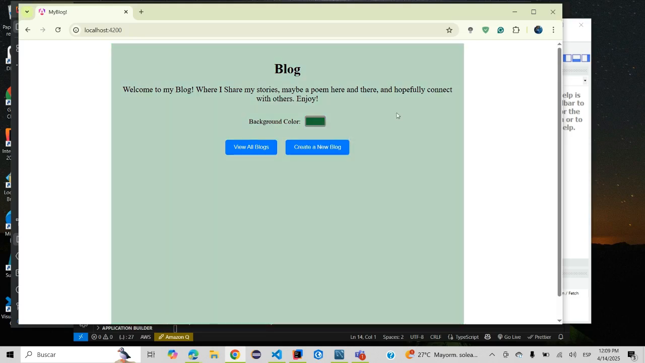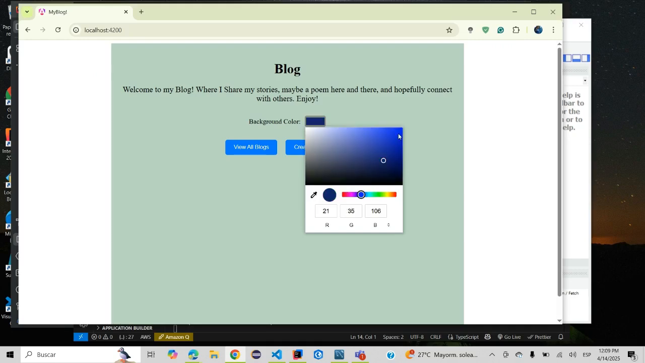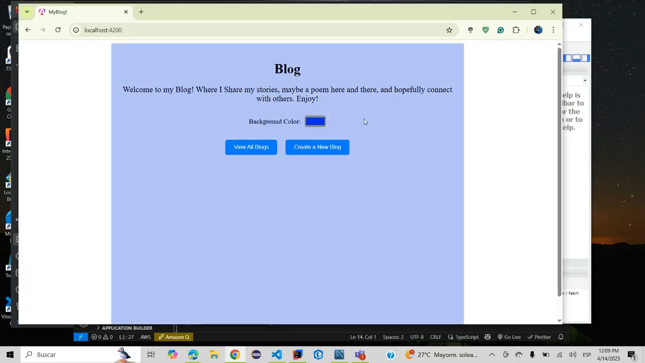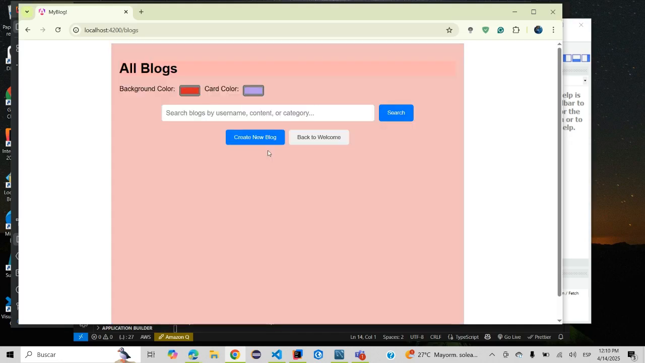So this color, we'll leave it at that, and no matter how you route to any of the other pages, it will stay the same color. So let's just leave it blue. And as you can see right here, we got two options. We can view all the blogs, and I will take you to the